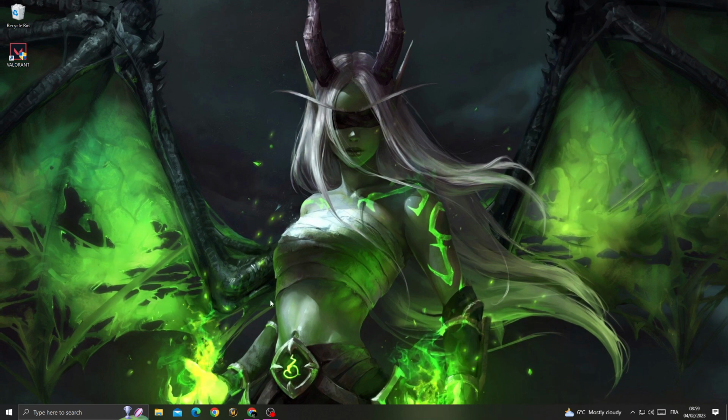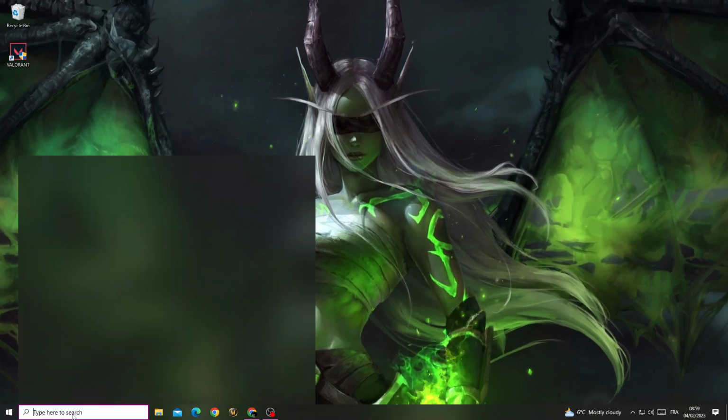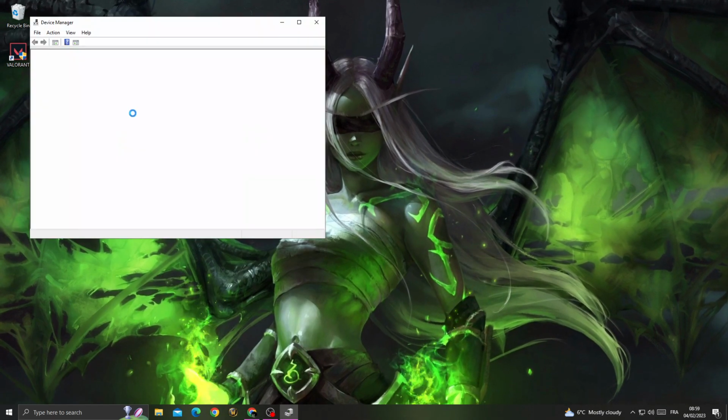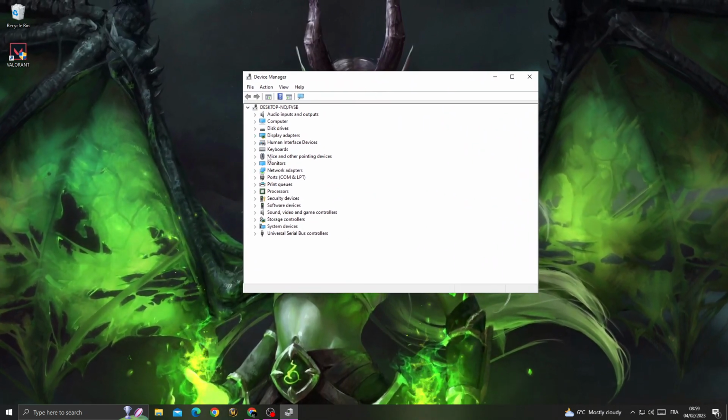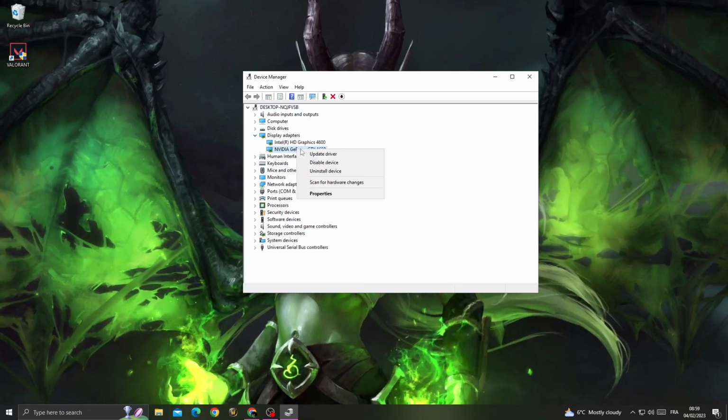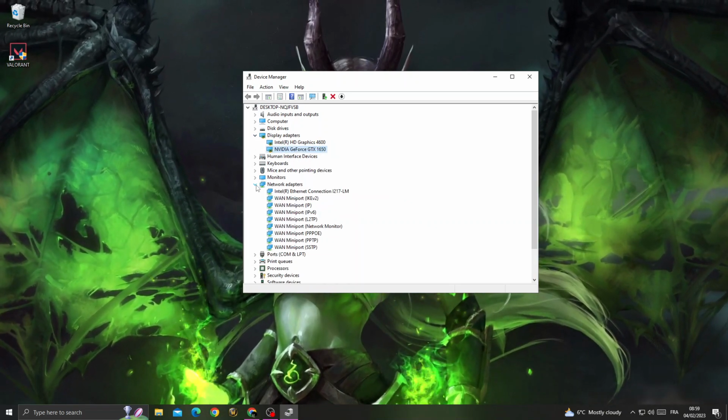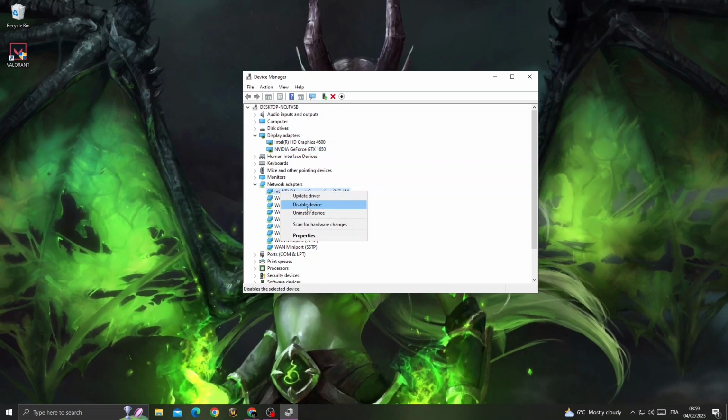and then try again. If that doesn't fix it, go to Device Manager and then just make sure to update your GPU driver, right click and update driver, and also network adapters, right click update, and